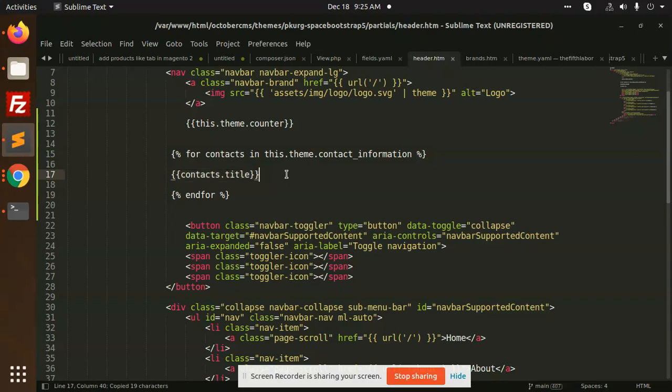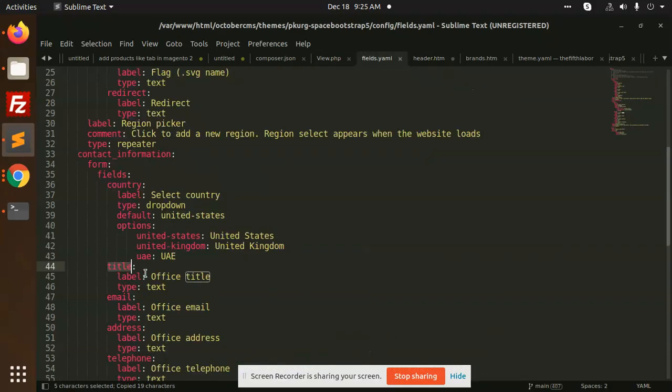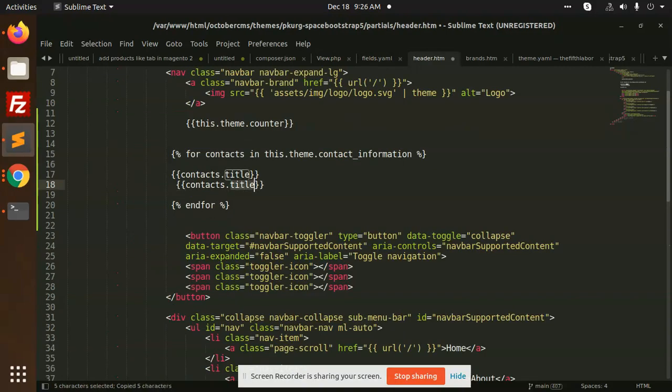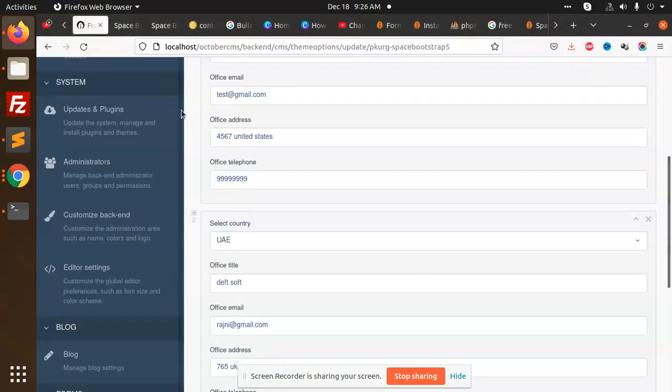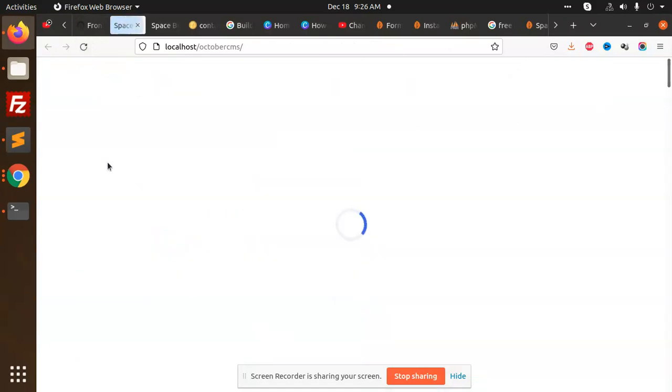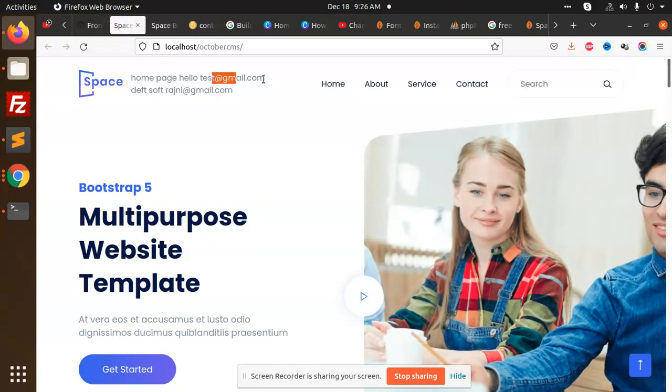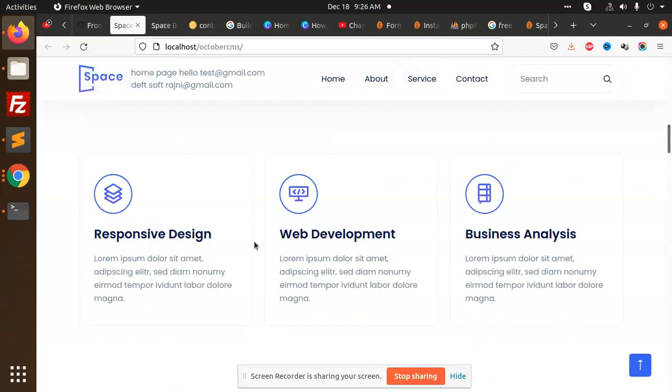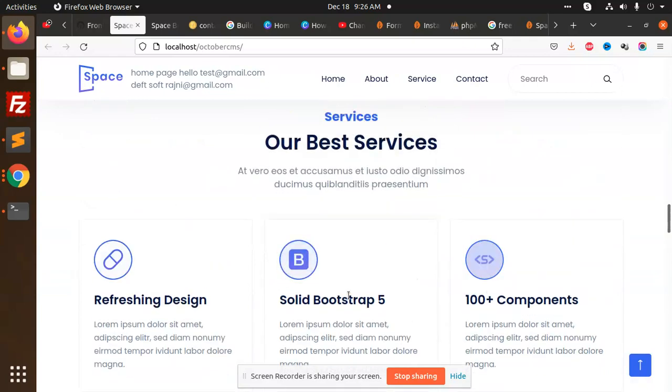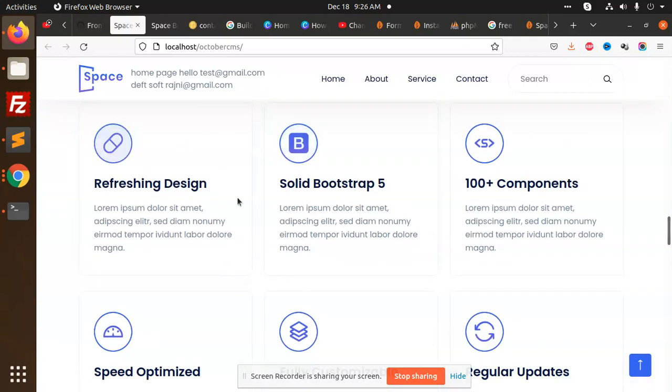I'm going to add the country. So here we have the email. You can also get the email. So here we can add it, and if you load it, both emails are coming. Okay, so if we want contact information like three tabs, what do we have to do? We can create the icon, this and that, make a for loop and get all the fields and make it dynamic. That's very easy, right?